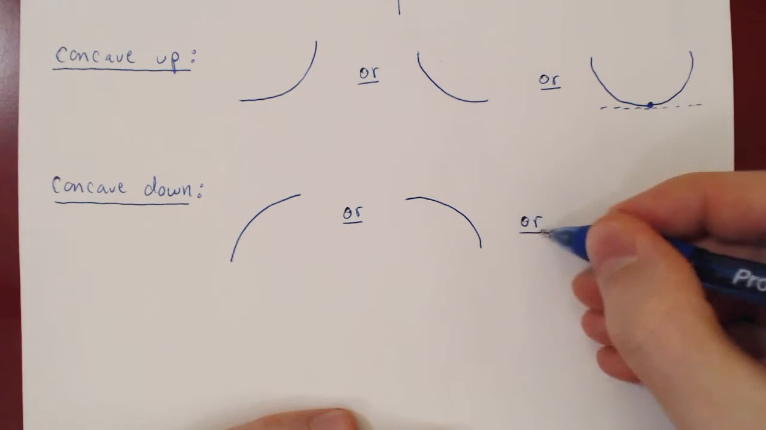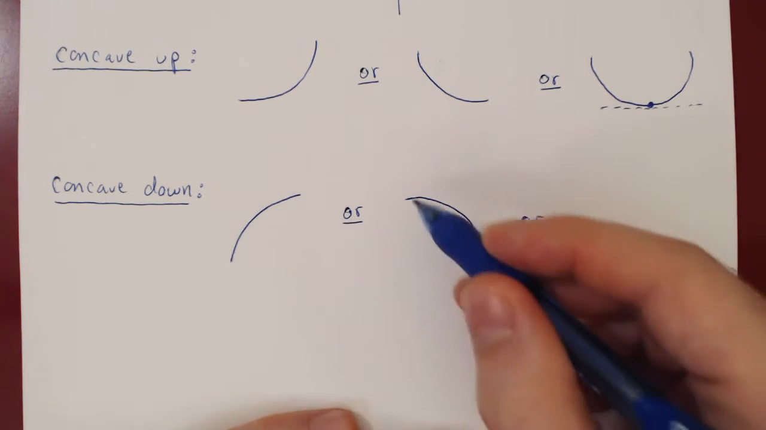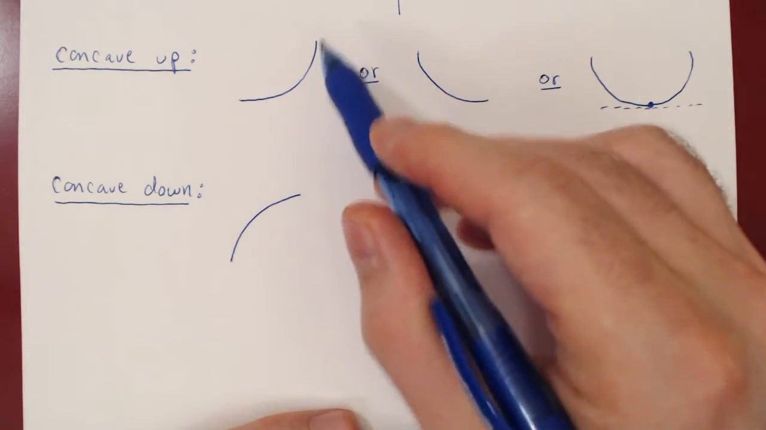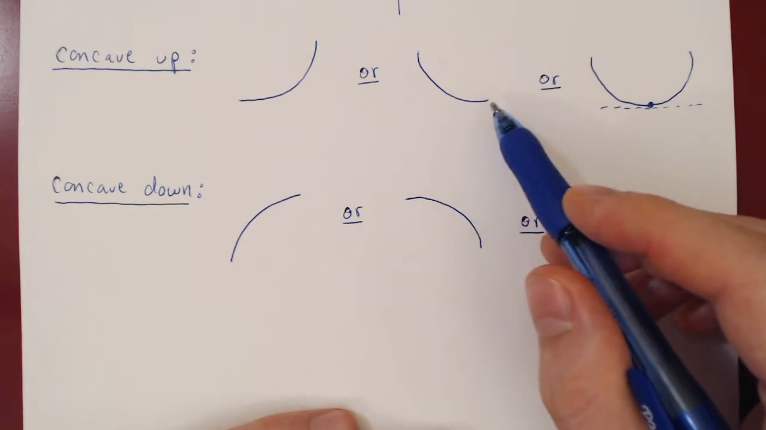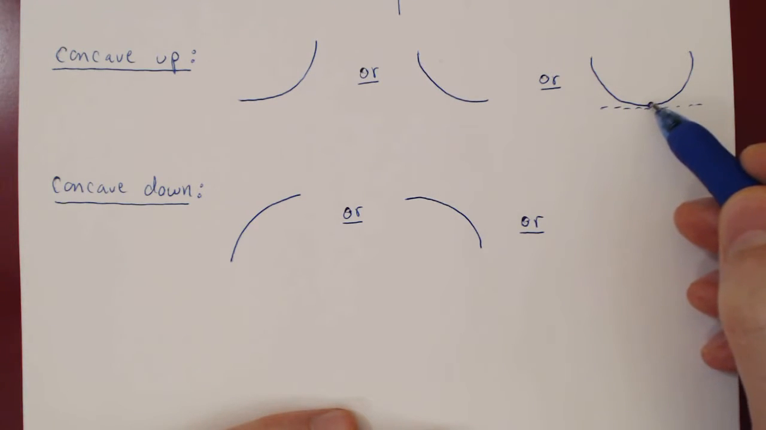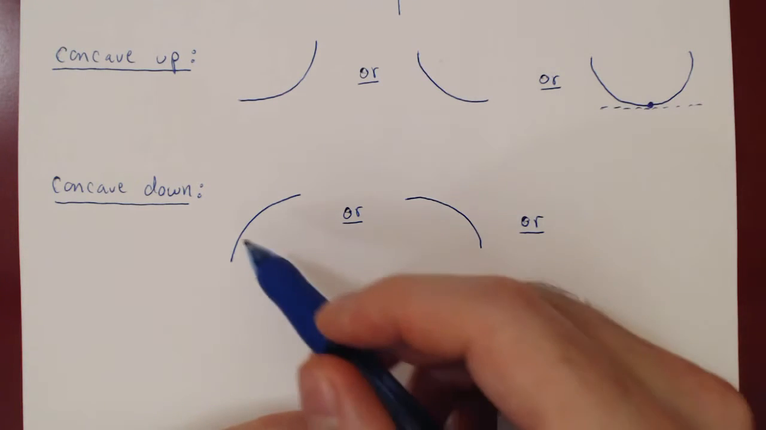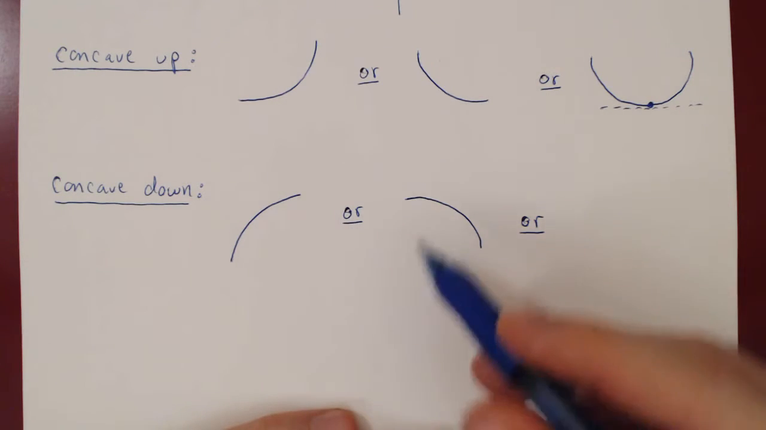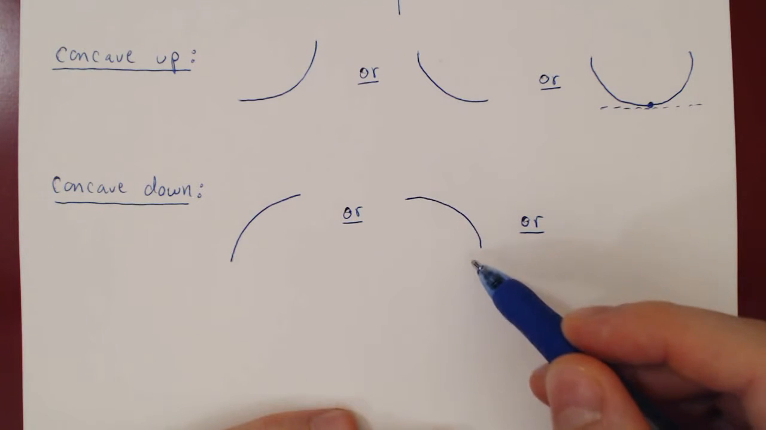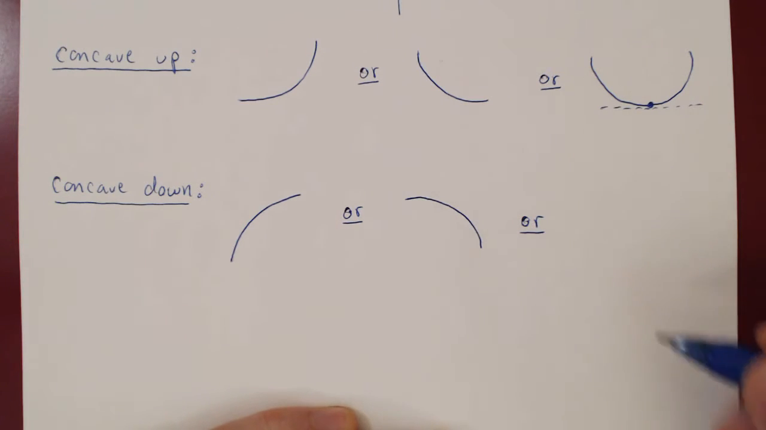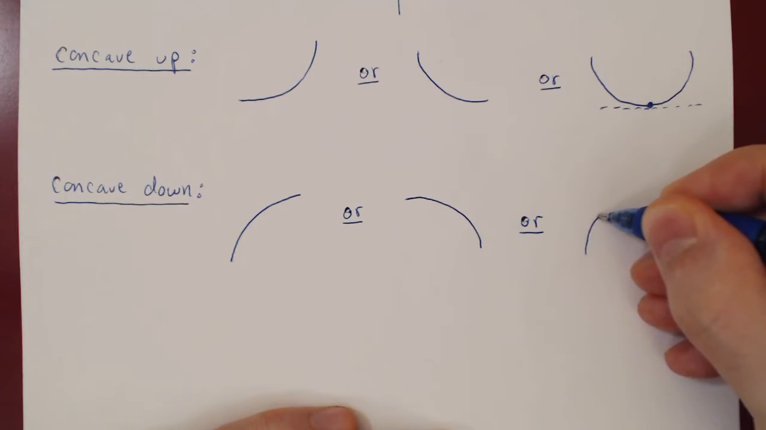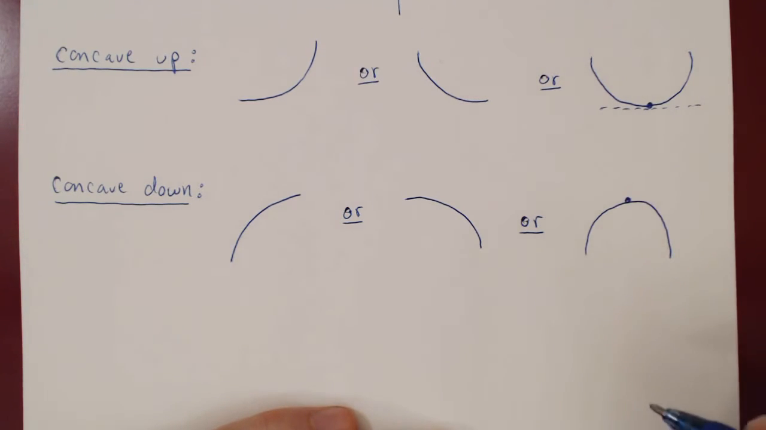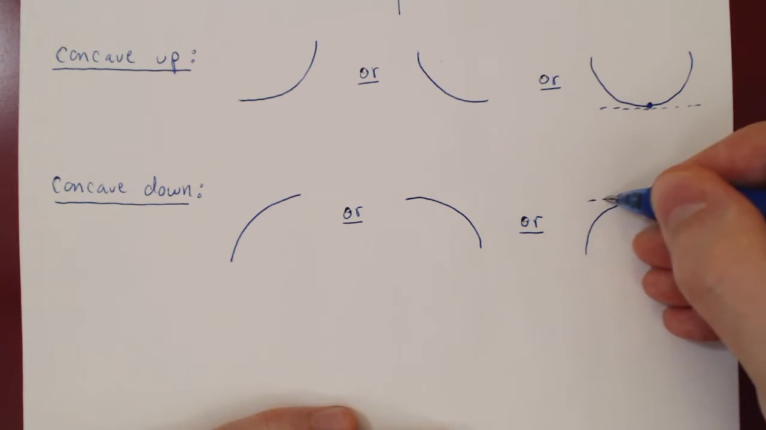Or again, the derivative here would be positive. The derivative here would be negative. If you look here, the derivative here would be positive. The derivative here would be negative. And the derivative at this point would be equal to 0. So the curve could be concave down and increasing, a positive derivative, concave down and decreasing, negative derivative, or we could have concave down around a point where the derivative is 0. Therefore, at this point, again, the curve is flat, and so we have a horizontal